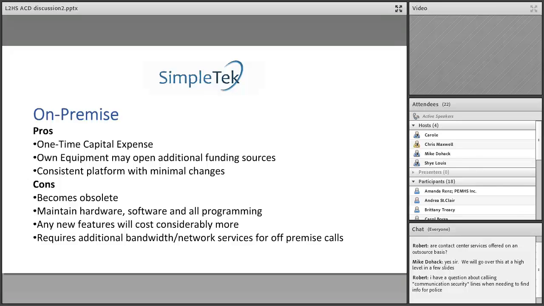Robert asked about communication security lines when needing to find information for police. Right. In all of these worlds, everything integrates with the 911 platform and the various locations. Caller ID is identified, whatever is set up in the system, so the communication security is still confidential, it still has encryption, and it provides that. There's a gentleman from NetStevie that I'm going to have jump on here in a few minutes.